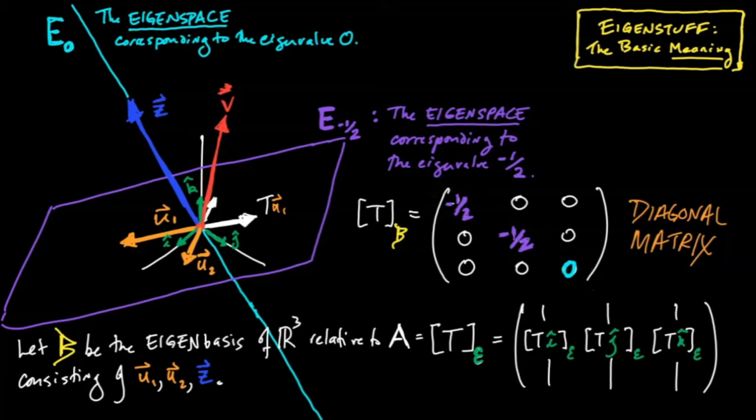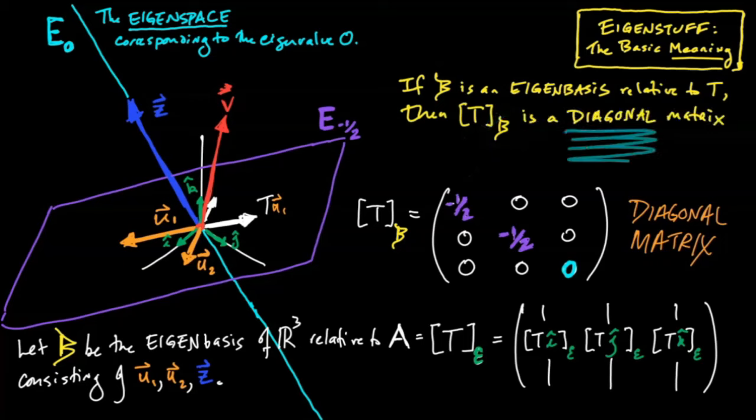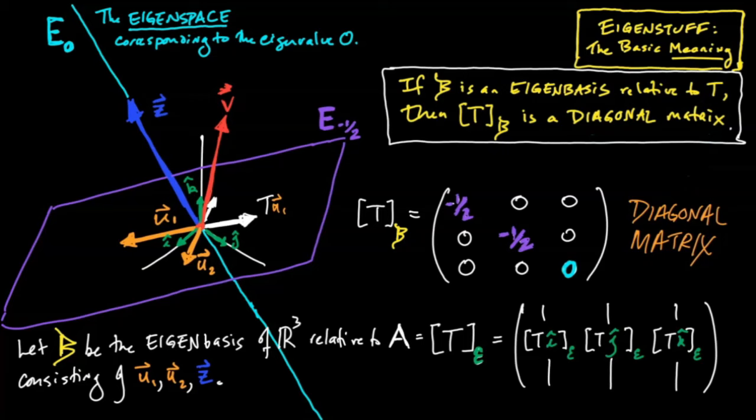And the moral of this story is that if B is an eigenbasis relative to a map T, then T's matrix representation relative to that eigenbasis is a diagonal matrix. There's more to the story, namely the diagonal entries will be the eigenvalues of the linear map, and the number of times each one appears will correspond to the dimension of that eigenvalue's eigenspace. I don't want to write all that down right here, but it's something you should understand. This is actually quite easy to understand once you have internalized all of the many definitions I have thrown at you so far in this video.